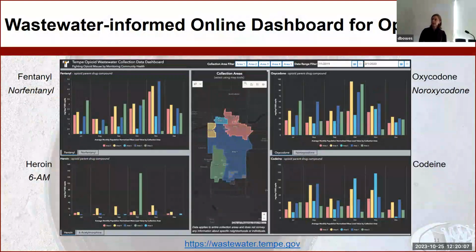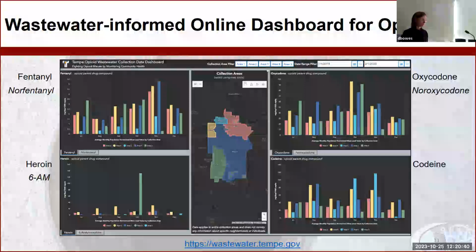So this is a direct outcome of this partnership. What you're looking at is from Wastewater Informed Online, an open access dashboard for opioid use at neighborhood level or sub-sewershed level throughout the city of Tempe. And so the catchment map, each wastewater catchment is a different color. You can just picture it as a single access point that we would collect sewage from within each of those areas, and it captures all the sewage within that colored area. And that was all predetermined by the city just based on the pipe network.